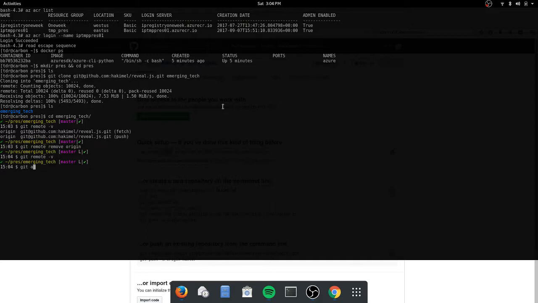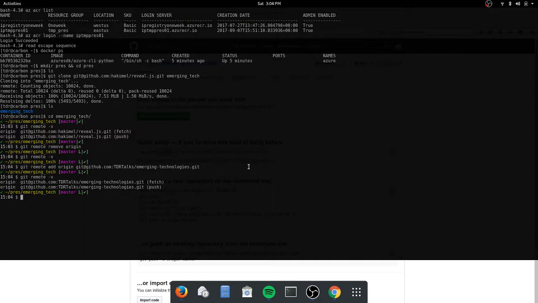And now I want to say git remote add origin, and paste in my location here at TDR Talks. Okay, so now that that is added, we should be able to take a look and see I have a fetch and pull for my remote from this local. So anything that I do here will actually go up to my remote now. So if I say git push, I got to tell it to go ahead and push to this new origin,